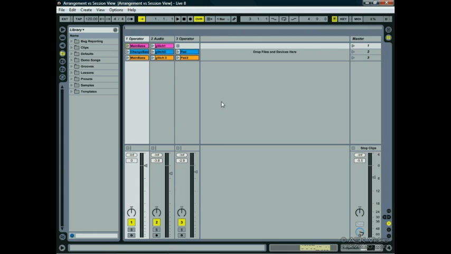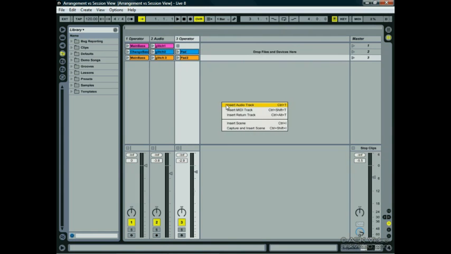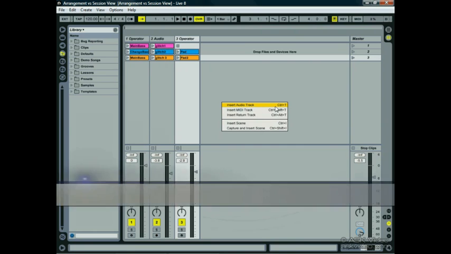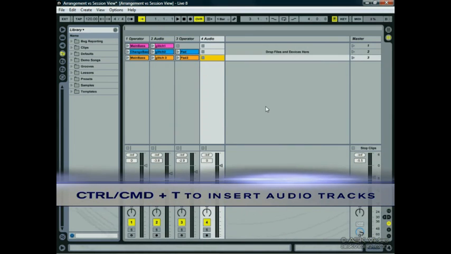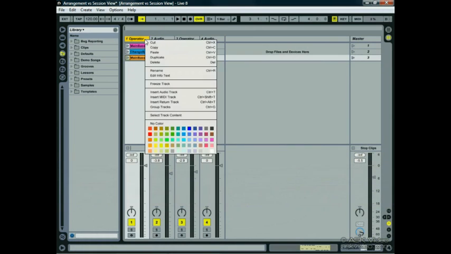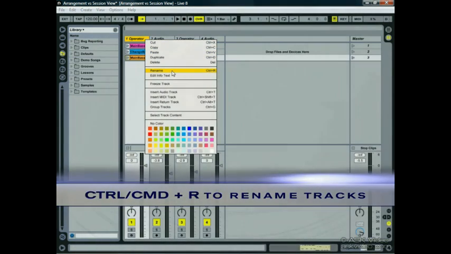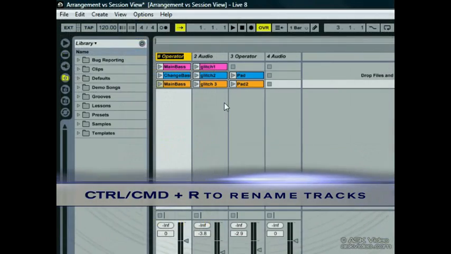I can add tracks by going to the Insert menu and selecting Insert Audio Track, or by Control-right-clicking. The keyboard shortcut for this is Command-T. I can rename tracks by clicking on the title bar or by hitting Control or Command-R and entering in a new track name. Let's name the first one MIDI Bass,